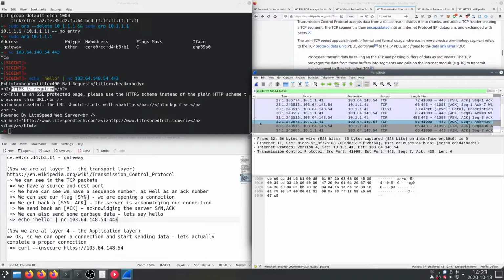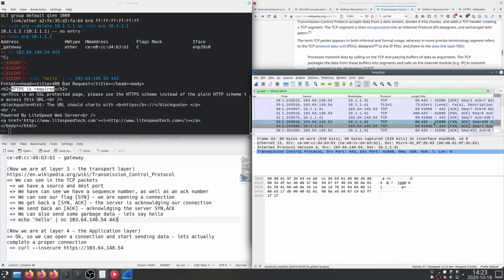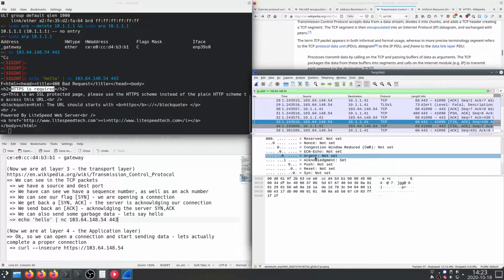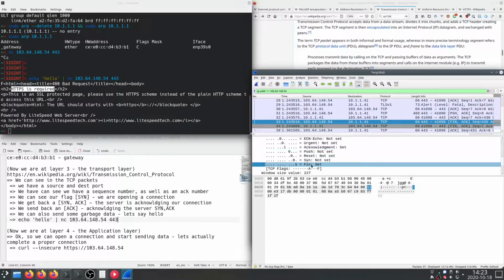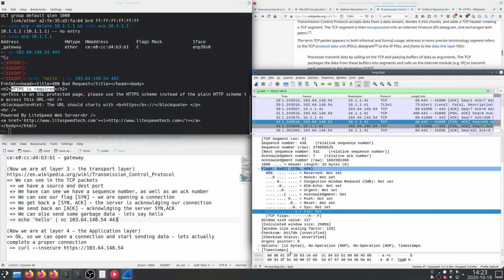Now, looking back to our packet capture, we see we acknowledge that request. And now we receive from the server this. So it's another TCP packet. No data this time, but it contains the flag set FIN. And what this FIN is, is the final. It basically is saying, I am closing the connection with you. So the server has said to us,